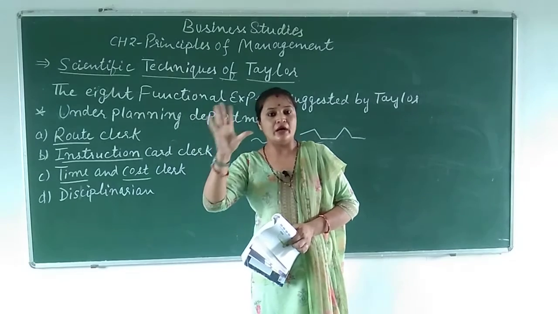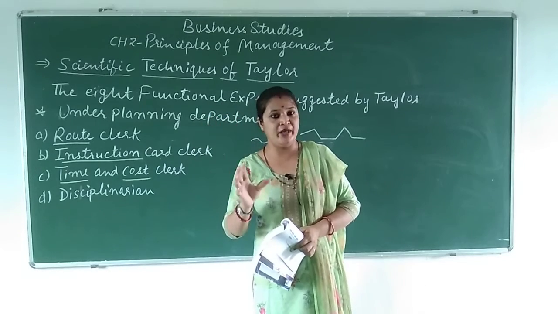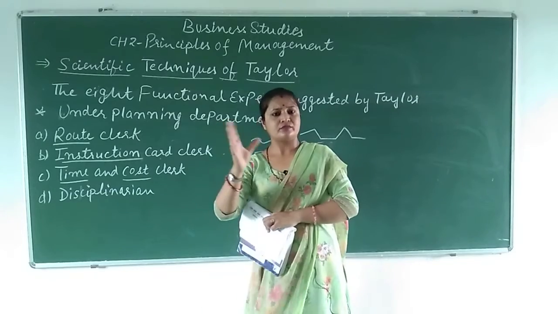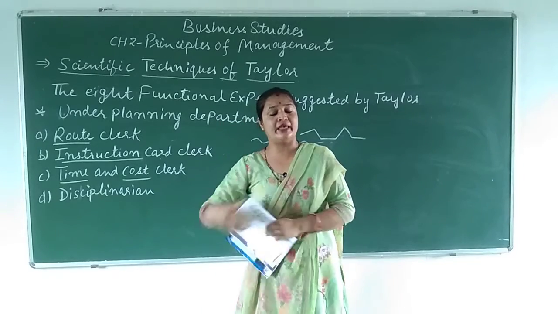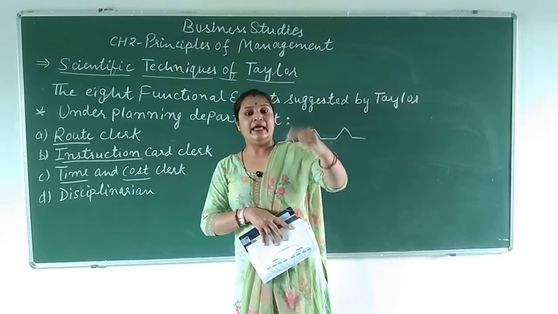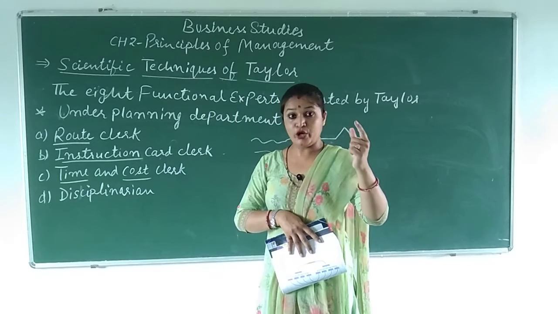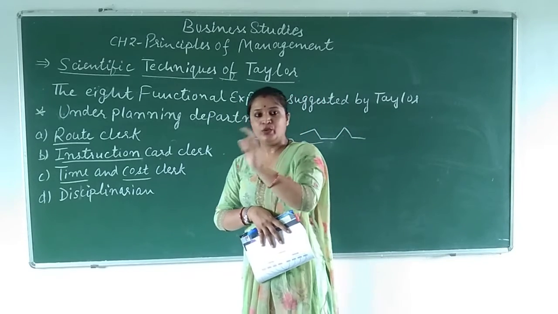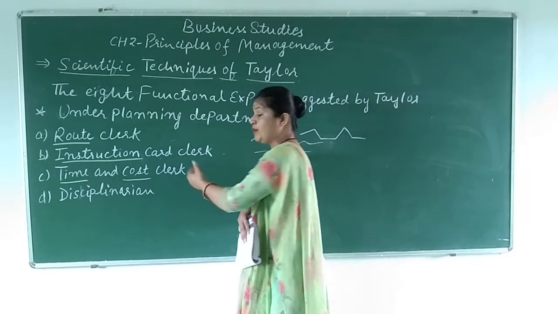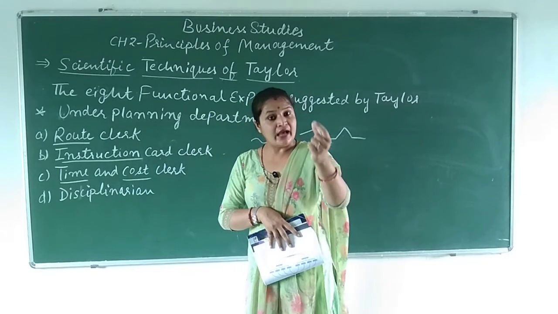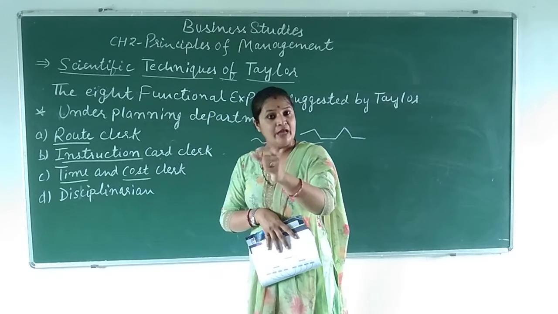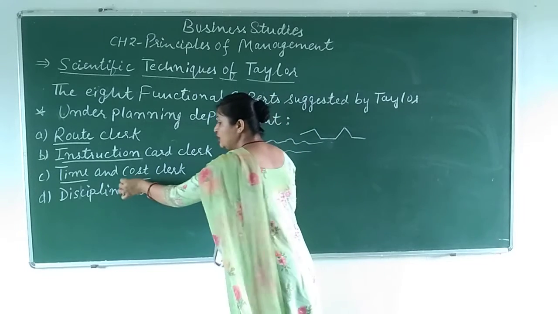Suppose the company is making cookies, so those cookies should be made in some particular time, means a time period is set. The foreman of this department will see that the production is taking place in time or not, and how much the cost,